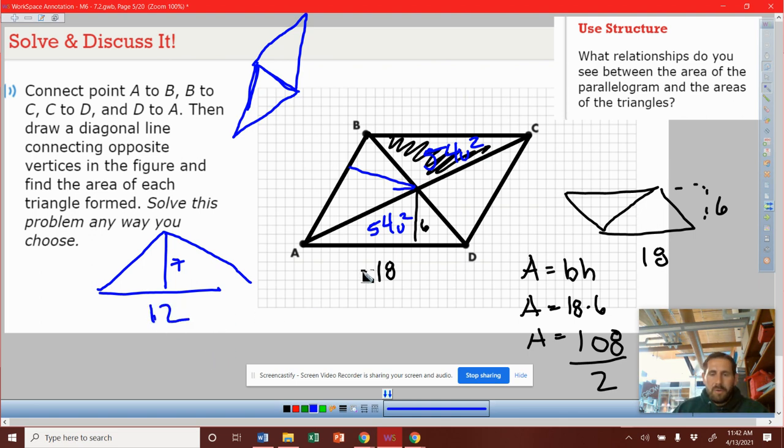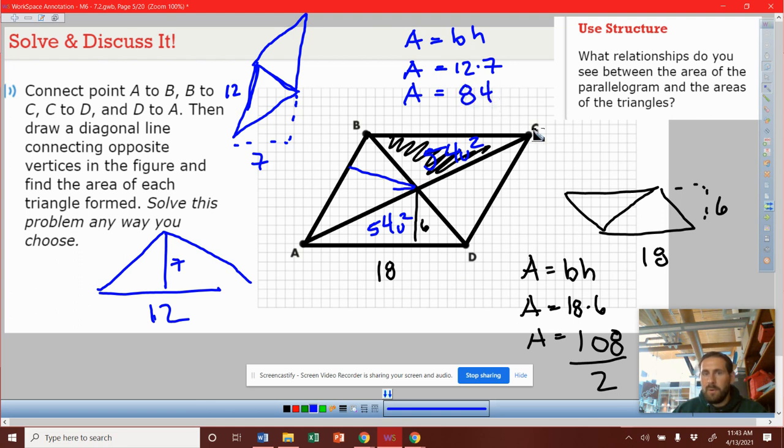Okay, so again, if I put that together, I'd have this whole side would be 12, and then this height over here would be 7. So area equals base times height. So area equals 12 times 7. So area equals 84. But I only want one. This is